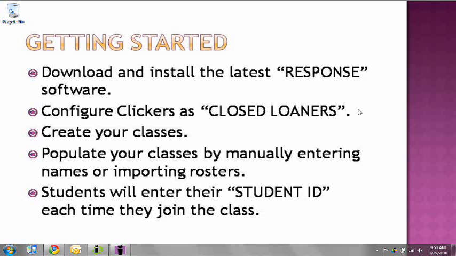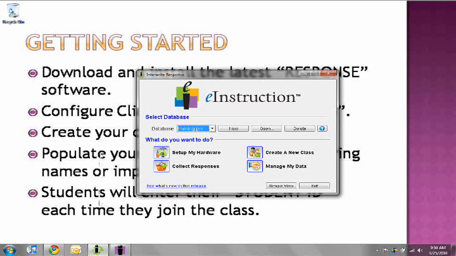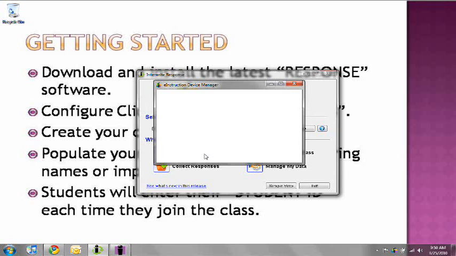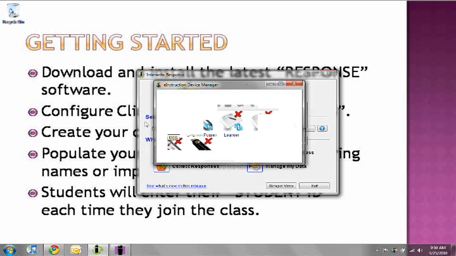And so what I'm going to do is launch the response software, and after the splash screen happens, this kind of entryway is going to pop up, and you can see that there are 4 options. When it comes to setting up my clickers, configuring them, I'm going to go ahead and click configure software, or set up my hardware. And what that's going to do is bring up my